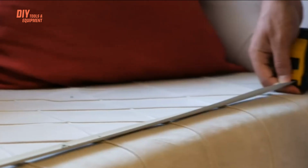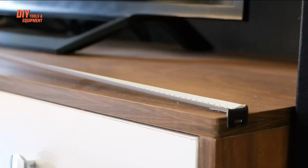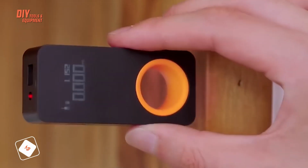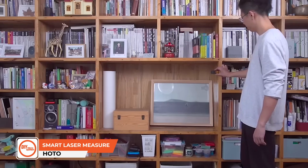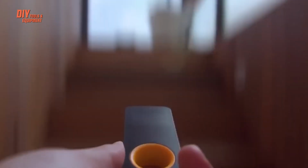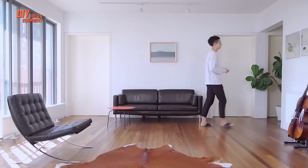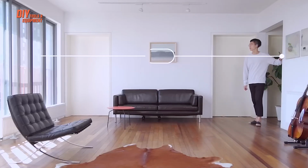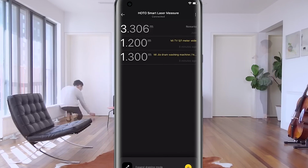Traditional tape measures can be inaccurate, awkward, and time-consuming, especially for long distances or complex measurements. The HOTO Smart Laser Measure modernizes this essential task, offering precision, speed, and convenience in one sleek device. Just point, click, and get precise real-time data instantly. Ideal for short and long distances alike, it connects to the MI Home app for seamless data sync, easy note-taking,